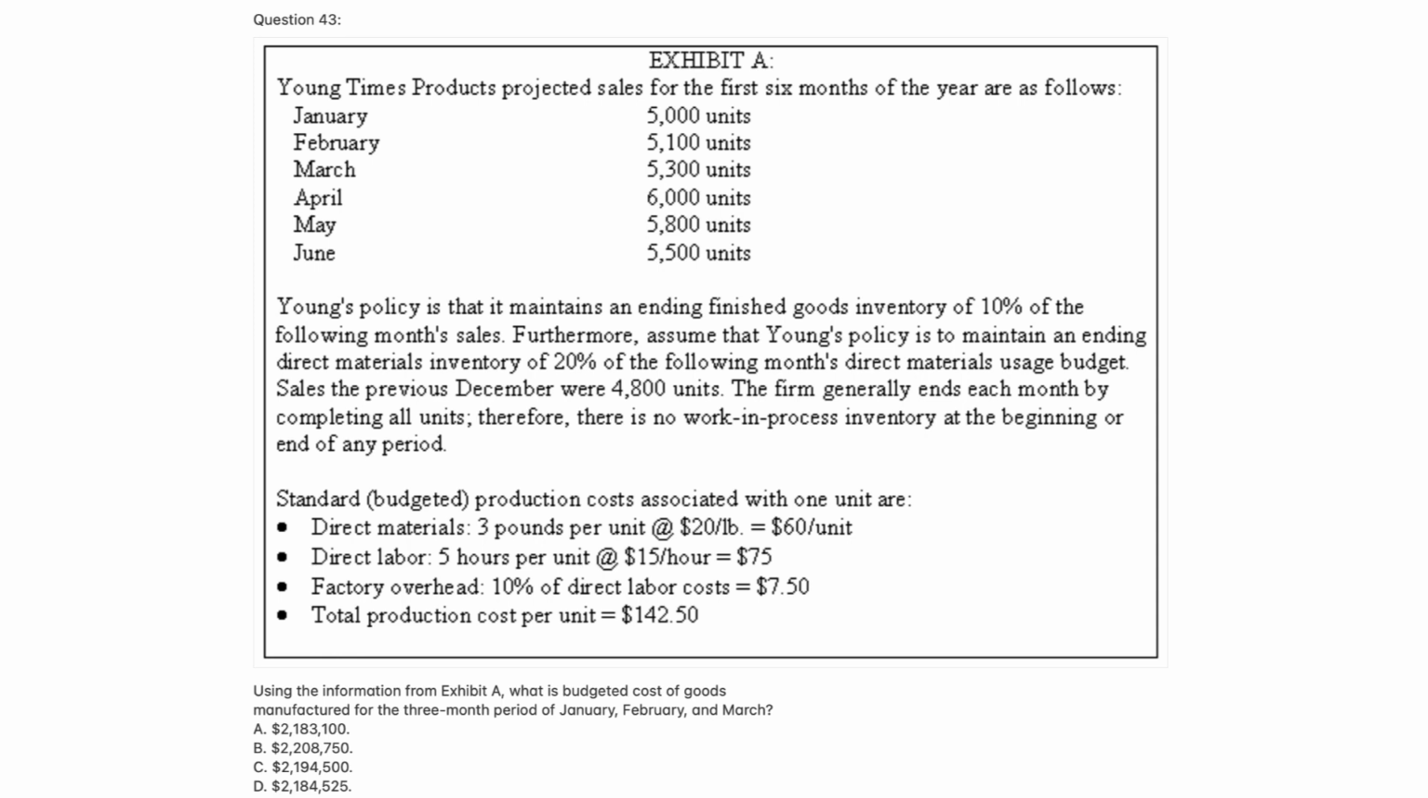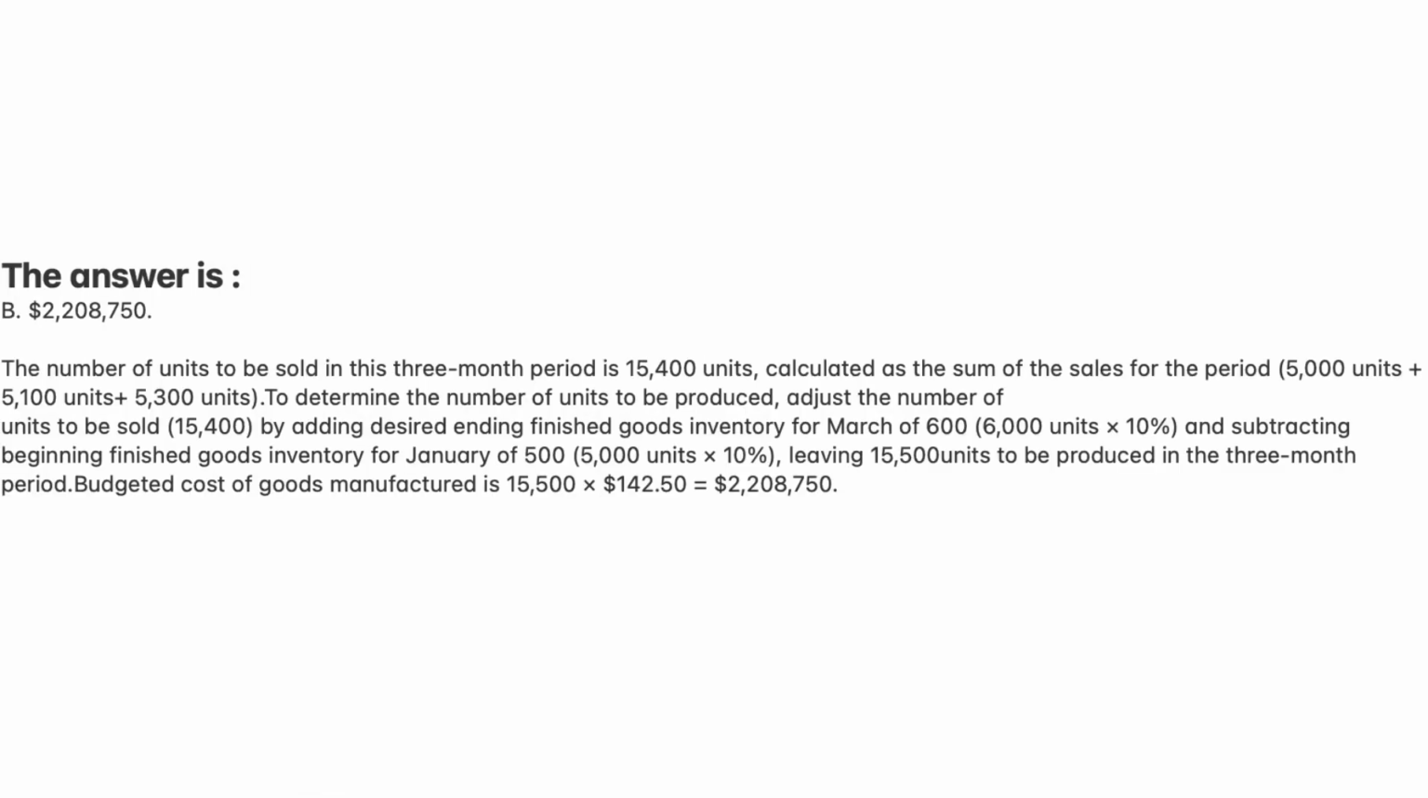of January, February, and March? A. $2,183,100. B. $2,208,750. C. $2,194,500. D. $2,184,525. The answer is B, $2,208,750. The number of units to be sold in this 3-month period is 15,400 units, calculated as the sum of